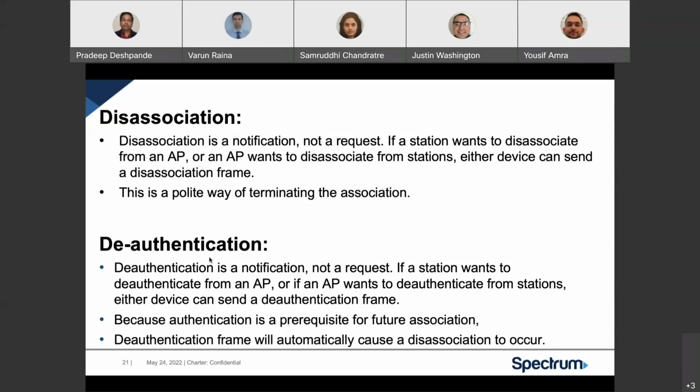Deauthentication is another notification, not a request. If a station wants to deauthenticate from the access point, or if the access point wants to deauthenticate from the stations, either device can send a deauthentication frame. Deauthentication is a prerequisite for the future association. If you are not able to deauthenticate, for example,